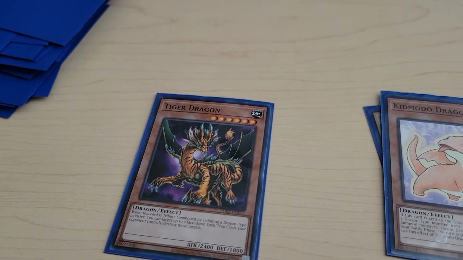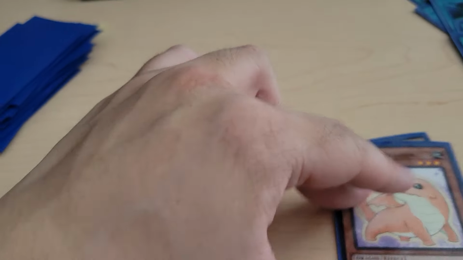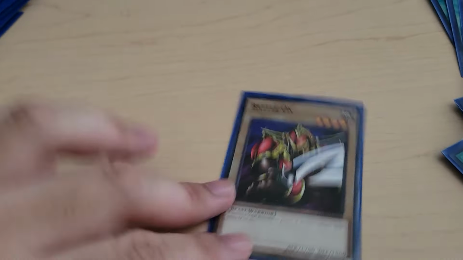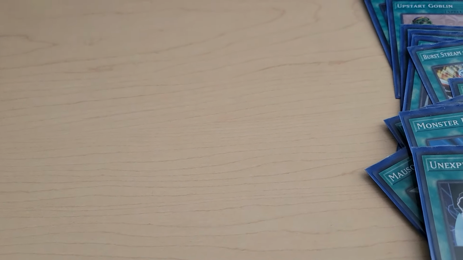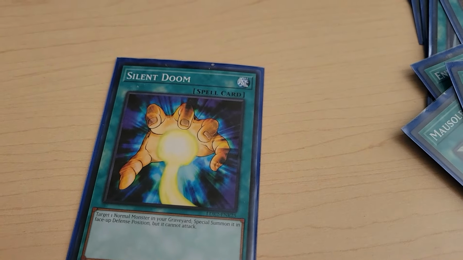I may replace this for something else, but for now, we're keeping it through the structure deck. Komodo Dragon, just another way to bring out dragons from my hand, and Battle Ox. Now we get into the spells. Unexpected Dai, so summon a normal monster when I don't have any in hand. Monster Reborn, staple. Silent Doom, just another way to